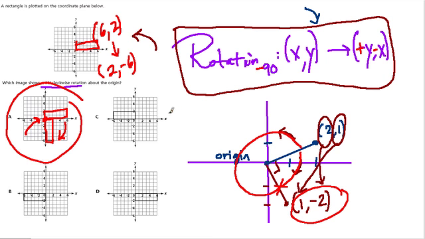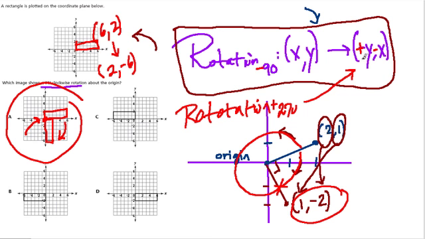So again, the original formula I put up here was for a rotation of positive 90 degrees. But here we have a rotation of 90 degrees in the clockwise direction, which is really a rotation of negative 90, or a rotation, right, of positive 270 degrees. This formula also applies. And you can see here, if we started and went 270 degrees this way,